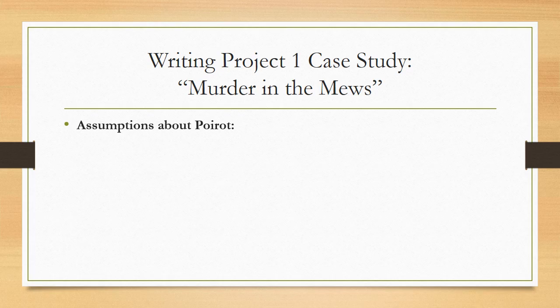So once again, she always has those assumptions about Poirot. And there's maybe the best example in the entire canon here where